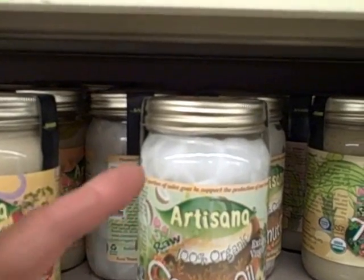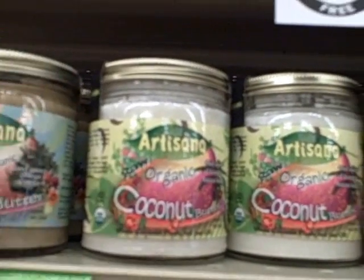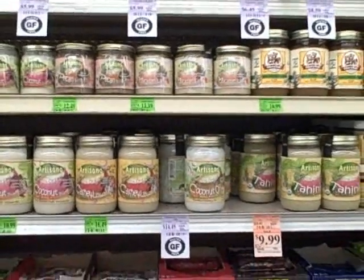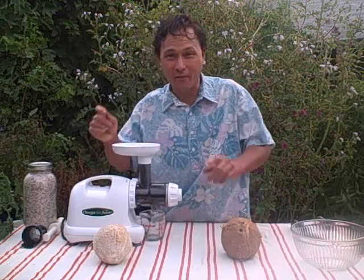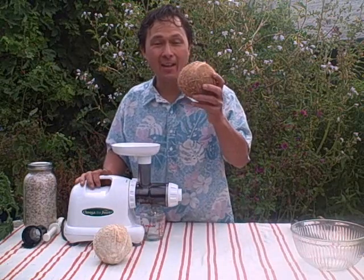So instead of buying bottled coconut oil or bottled up coconut butter and creating more packaging waste, why don't you buy your own coconuts, which are much less expensive, and make coconut butter and oil yourself at home with your own juicer. So let's go ahead and show you how to do just that. So as you can see, man, that stuff is super expensive for a little jar. It's insane. But you can make it yourself if you have an Omega 8004 Nutrition Center and as few as